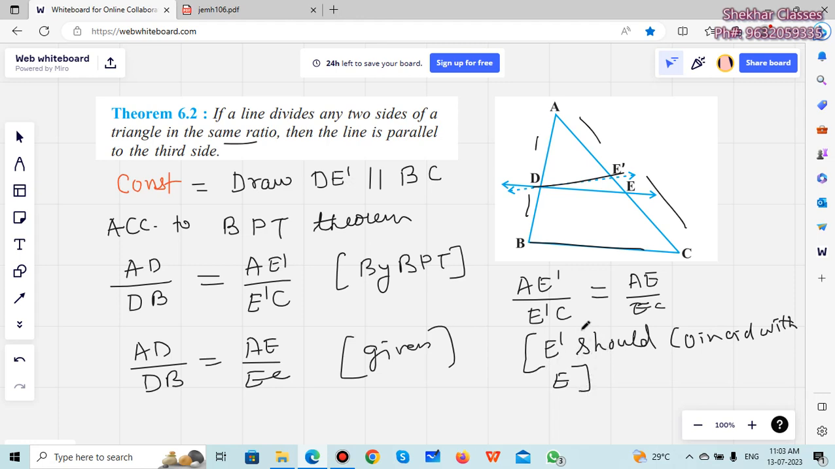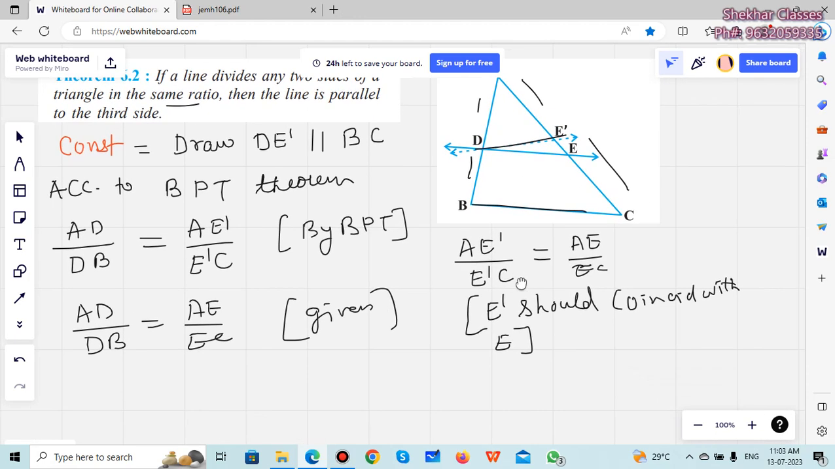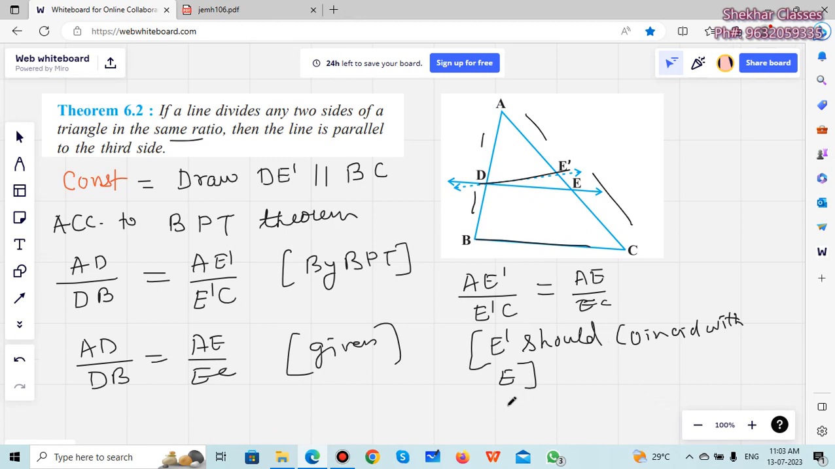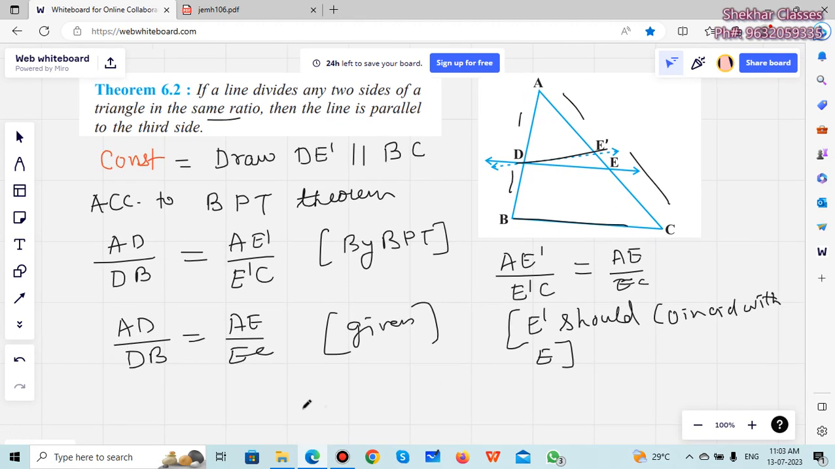Which means our assumption that DE is not parallel to BC was wrong, and we can say what? That DE and DE dash coincide. When they coincide, what will happen here? DE is the same as DE dash, okay. So it means DE is now parallel to BC, and hence it is